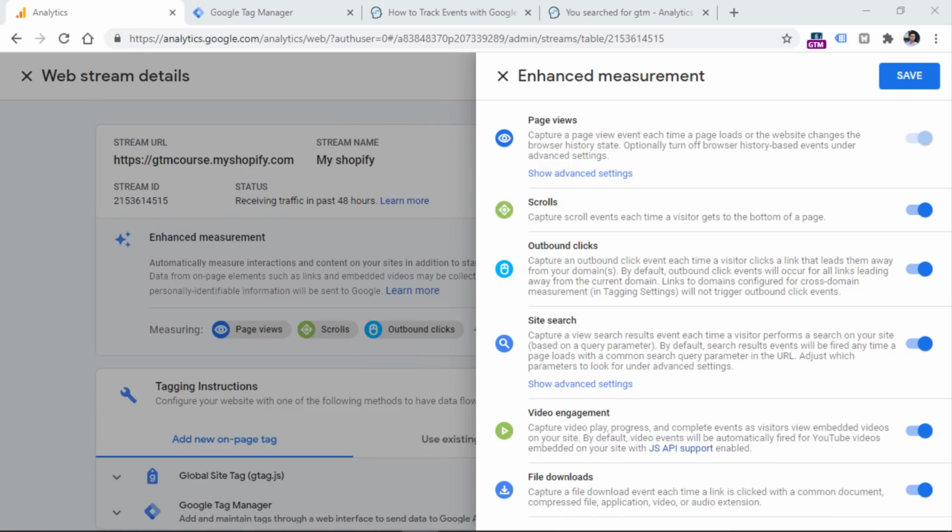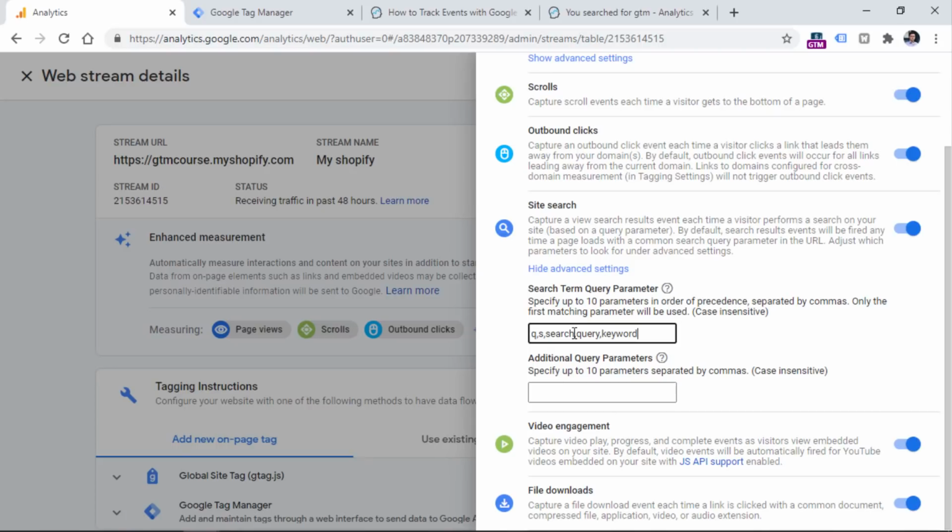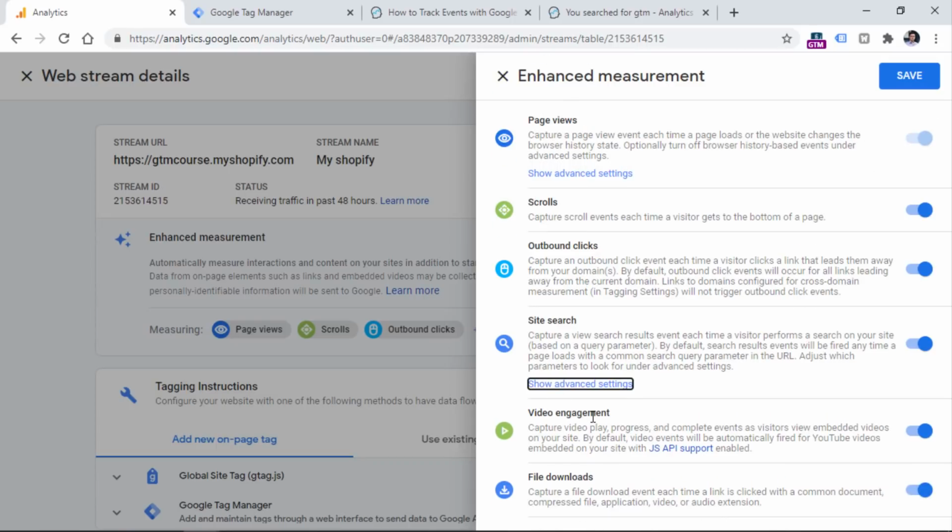So if you want to configure that query parameter and specifically instruct Google Analytics to keep looking for that particular parameter in the URL, you should click show advanced settings right here, and then you should enter all the possible query parameters that are related to the search query on your website. So in my case, the query parameter S would have done the job, and you should separate each parameter with a comma.